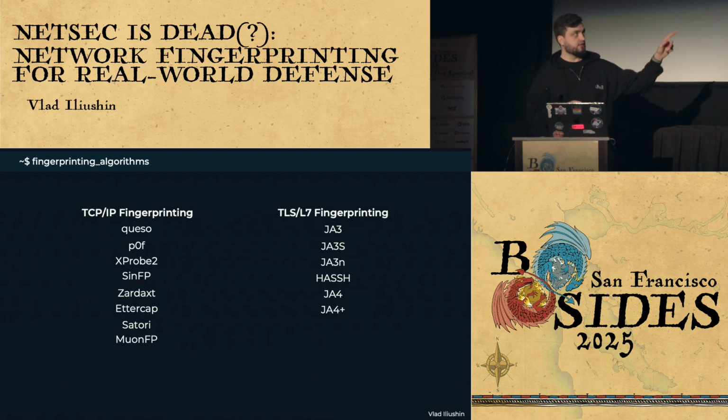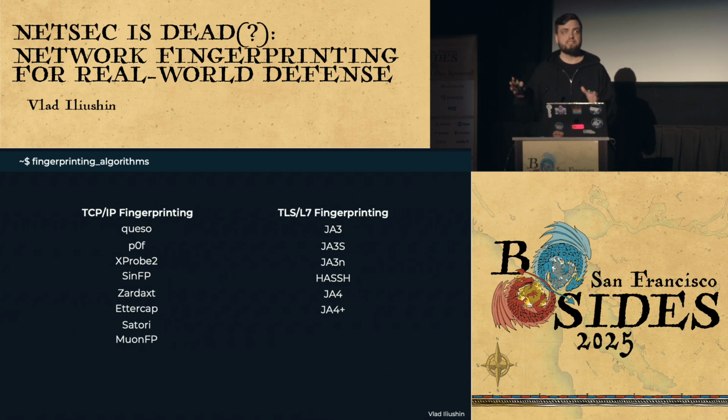You can see there are actually JA4 and JA4+, and that is because JA4 is an evolution of the TLS-based fingerprinting JA3, and JA4+ is its own suite of different fingerprinting algorithms, like fingerprinting of HTTP connections or SSH connections.